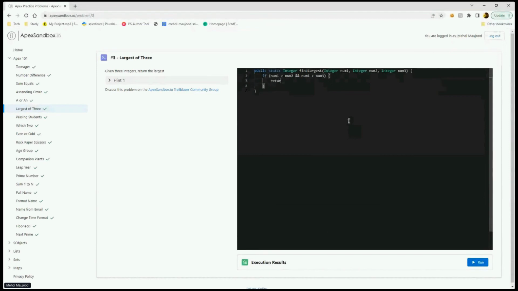In this case, we return num1. We know that num1 is the largest. But if this condition is false, we know we are left with num2 and num3. So we can simply check if num2 is greater than num3. That means obviously num2 is the largest number at that point. And finally, if none of these conditions are met,